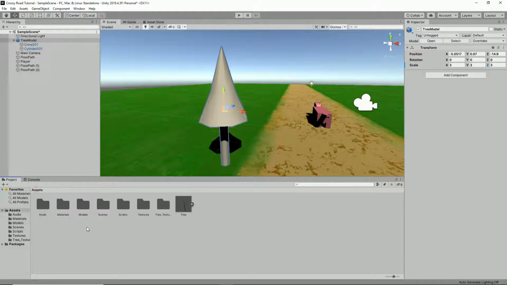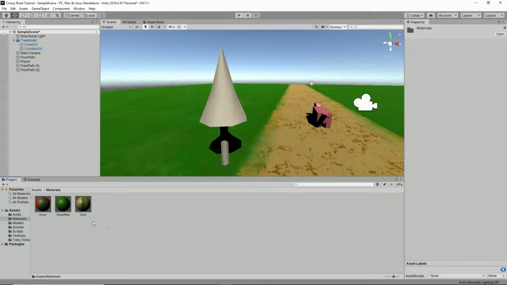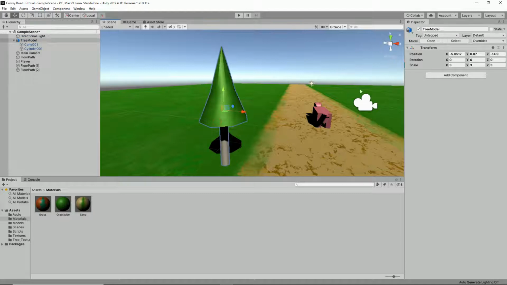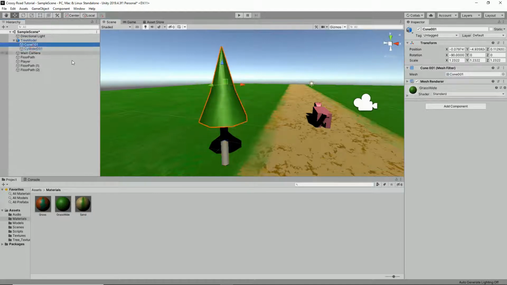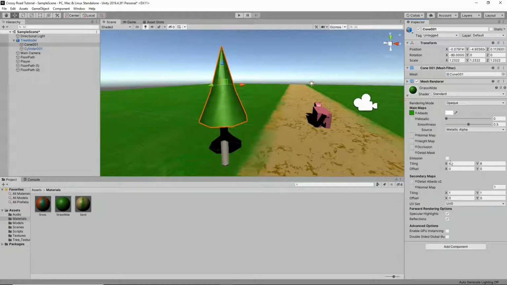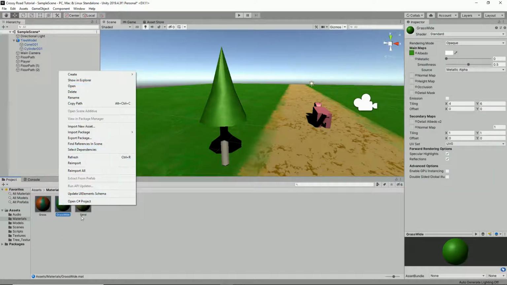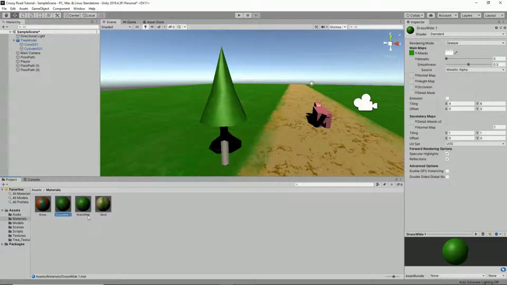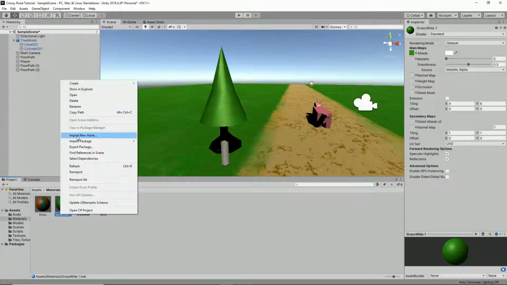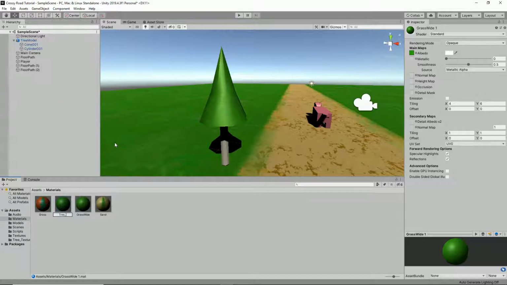And we're going to need to create a few materials for this. In fact, we could probably just put our grass one on the top of that. That looks fine in this instance, and the cone. If you wanted more detail, we'd have to duplicate this, which we'll just rename and call tree. Rename tree underscore M for material. Drag it on there, and now we can change the tiling should we wish, if we want to get a little bit more